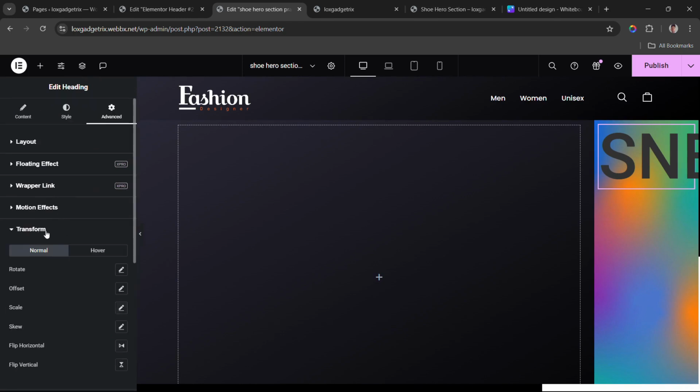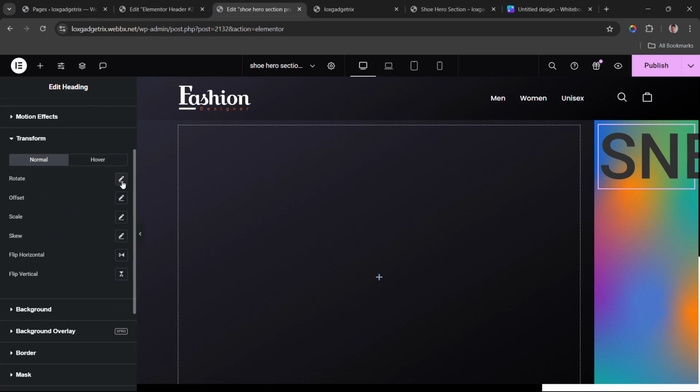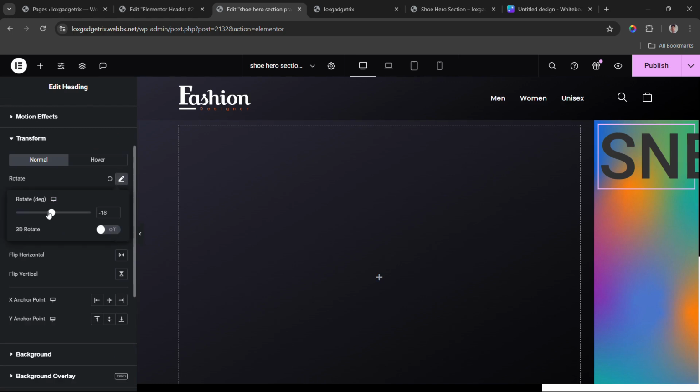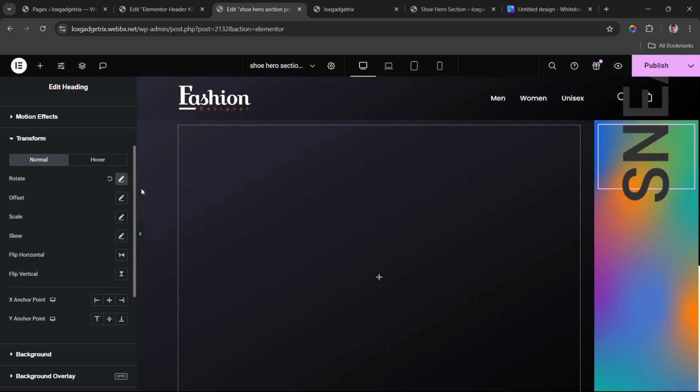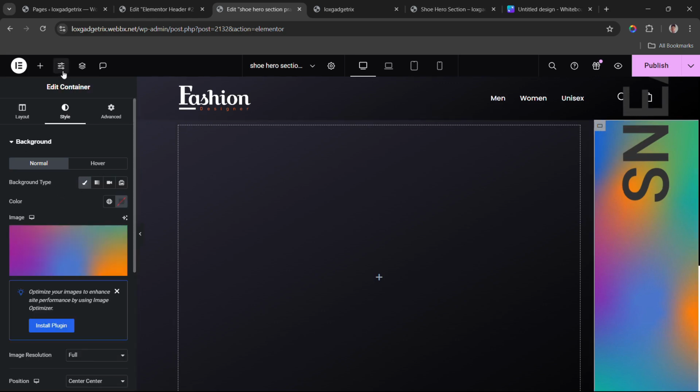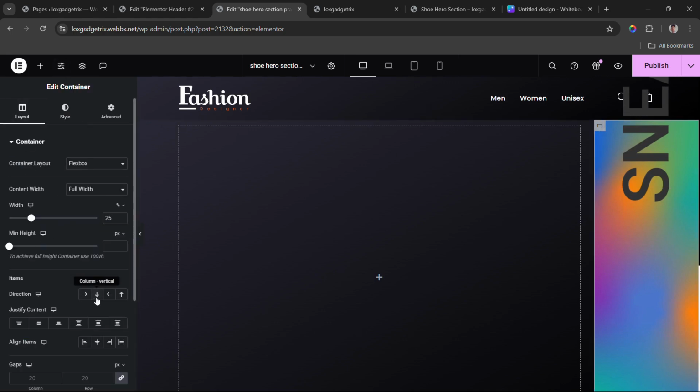We'll go over to transform, and you see where it says rotate. We'll click on rotate, and then we're going to rotate, so 90 degrees at least. 90 degrees would help it stack accordingly. So once it's rotated, you click on the section itself and you go over to the layout and you make it vertical, center,